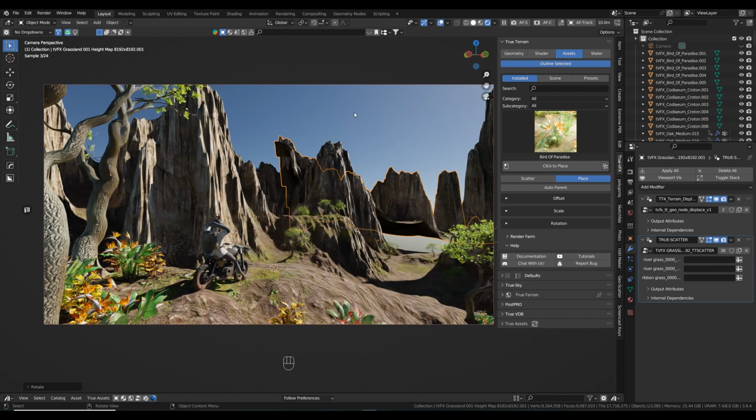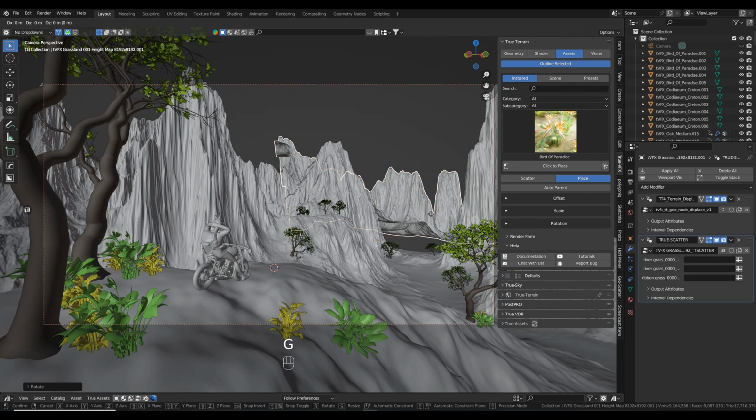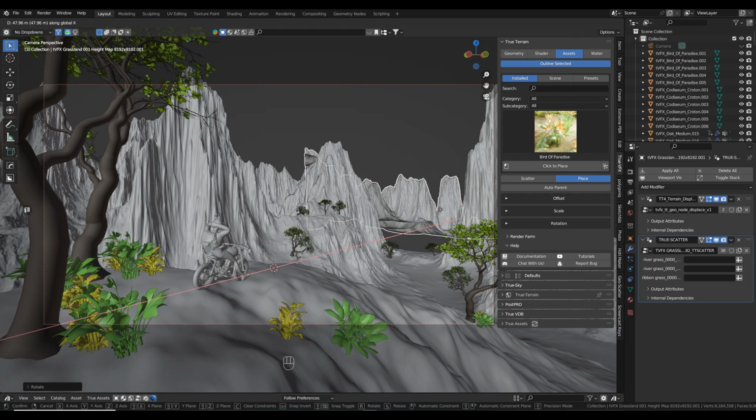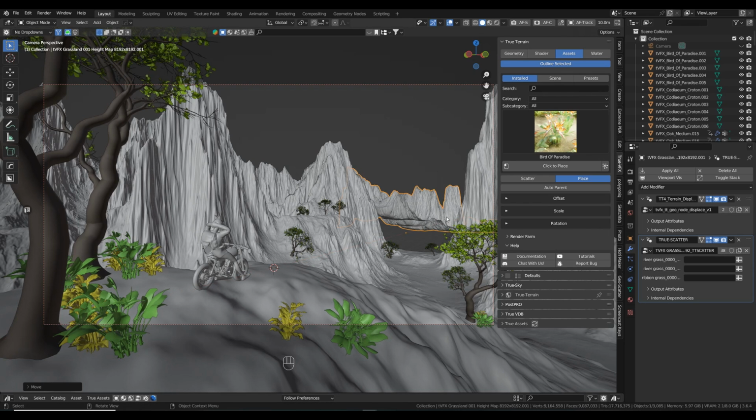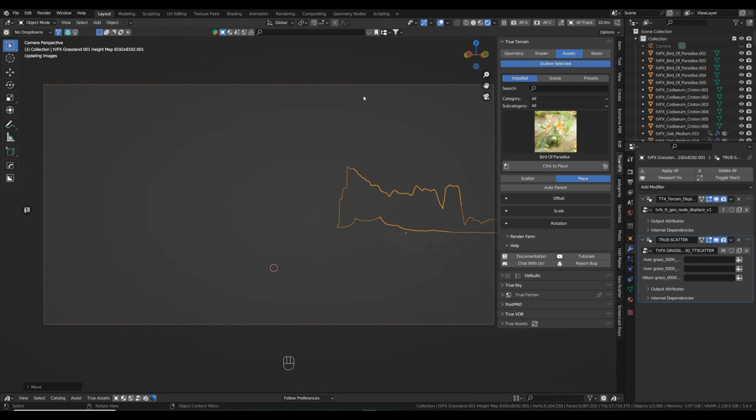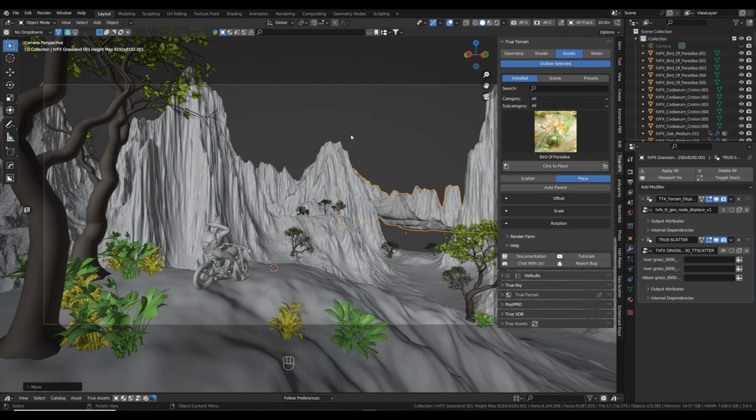Okay, let's go back to this view, bring this a little bit more to the back. Okay, my system is struggling. Like so. And let's take a look. And the last thing we're gonna do is put some water between those two terrains. But my system is out of GPU memory, so what we're going to do is